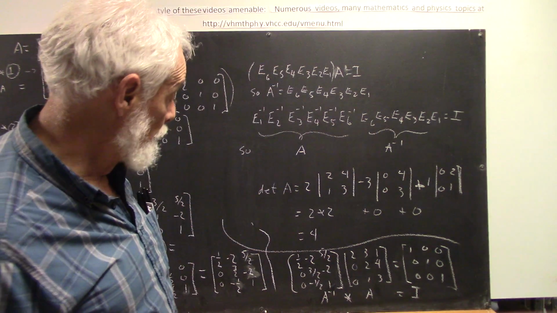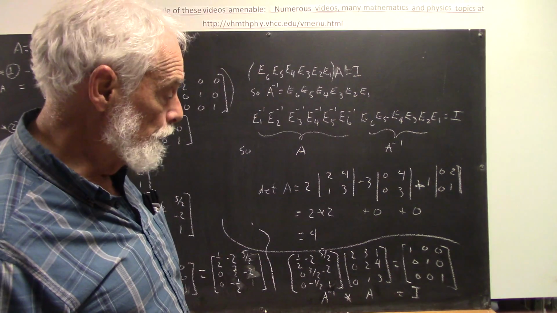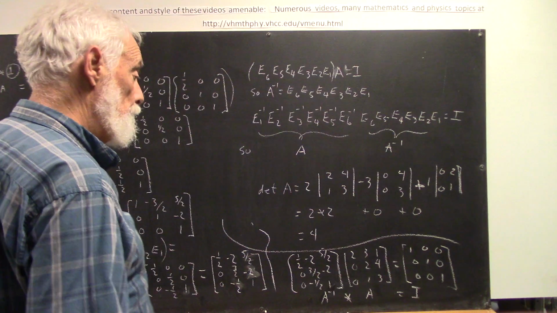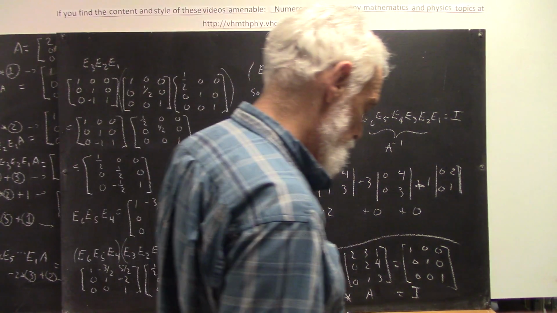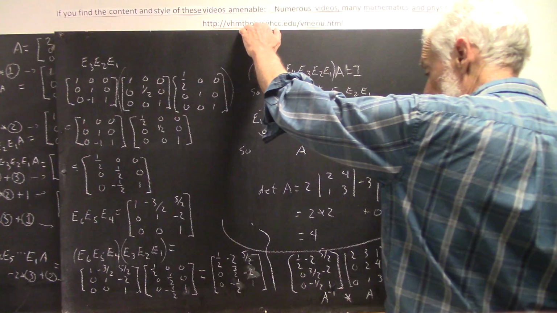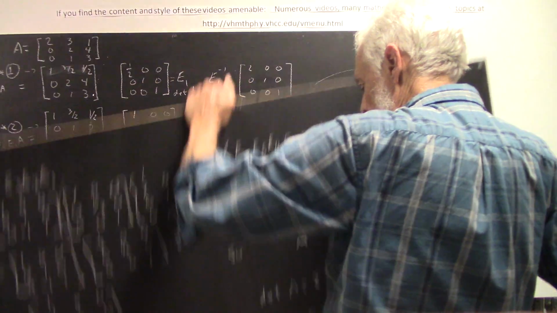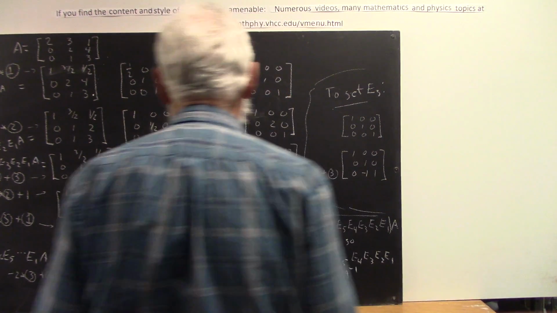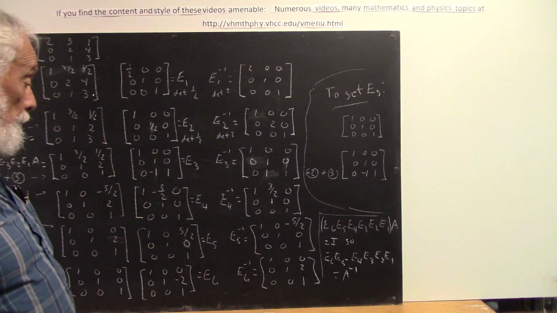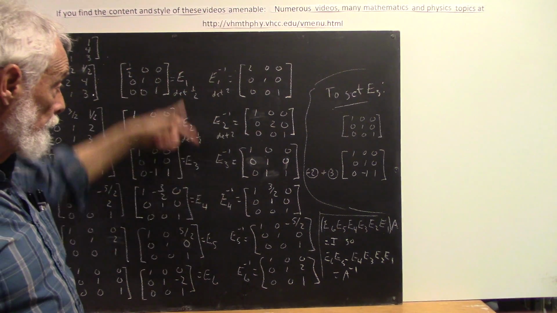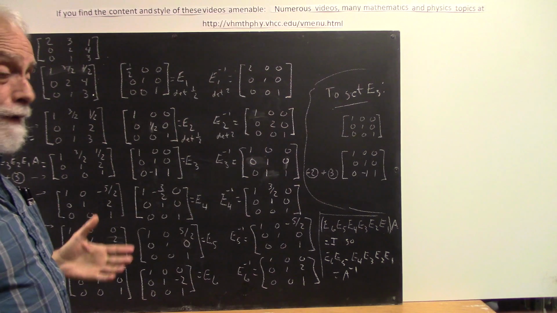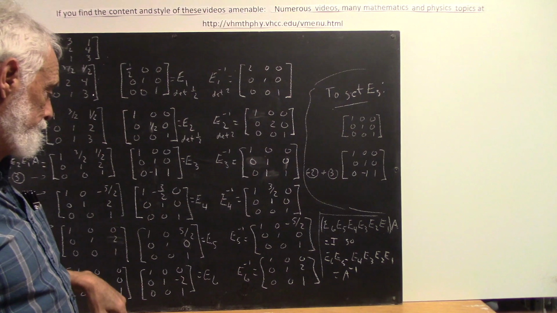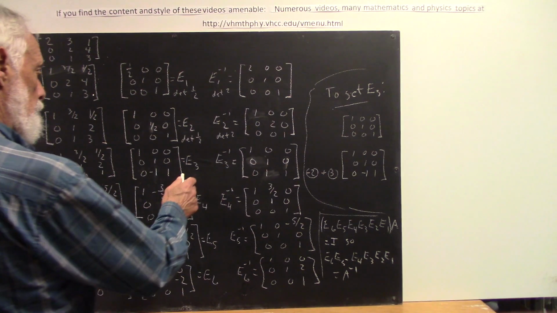So that's also worth understanding, and just a reinforcement of the fact that the determinant of the inverse has to be the reciprocal of the determinant, and we can understand that if we go back to the determinants of the elementary matrices. So let me move this board out of the way. Remember that our inverse matrix was the product E6 down through E1. And the determinants of these matrices were 1/2, 1/2, 1,